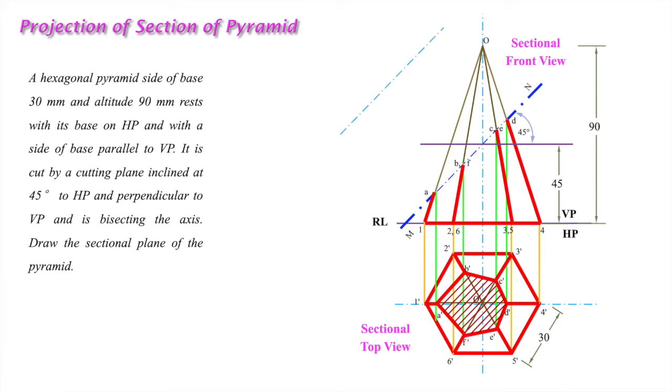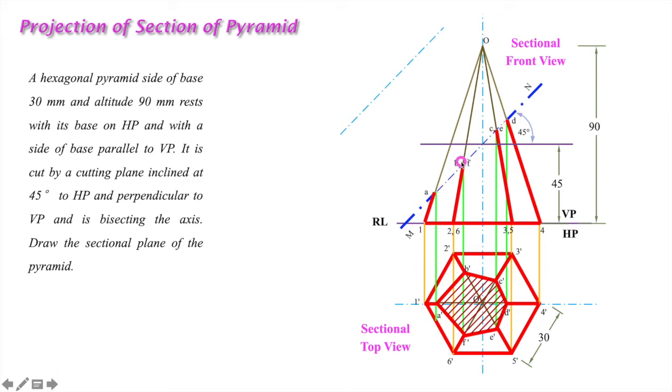Then our objective, our purpose, is to draw the true shape. Why this true shape? Because whatever hexagon has been produced here is actually not regular. So this is the hexagon, but it is the projected view of this surface. This is not the actual shape of the hexagon that has been generated. This hexagon is the top view of the generated hexagon. Then what is the true shape of the hexagon that has been generated here?